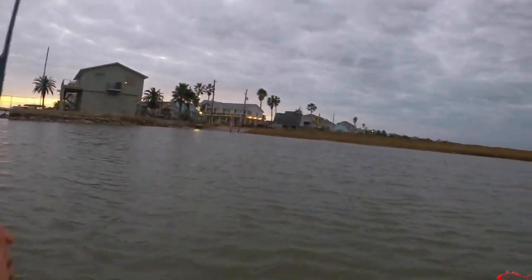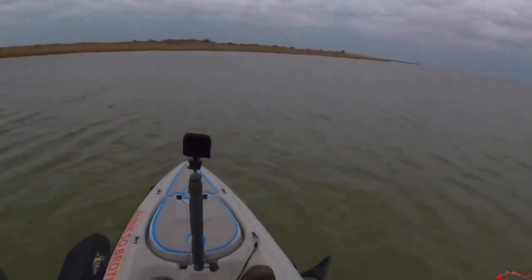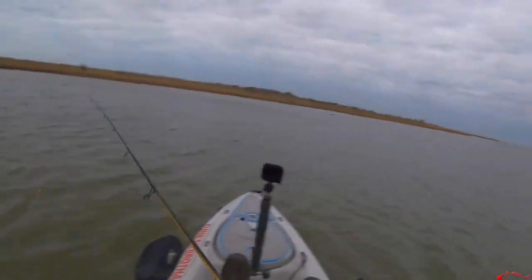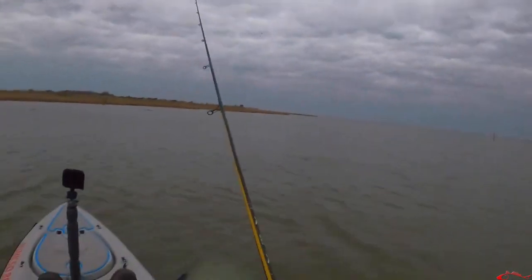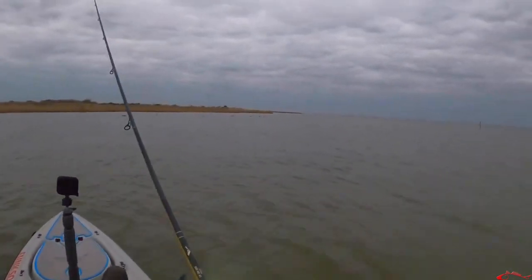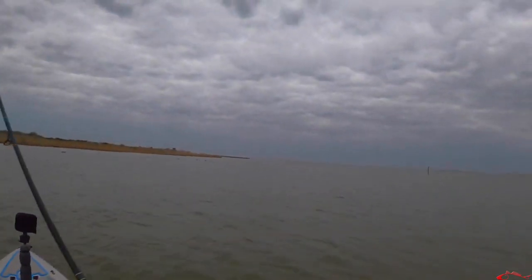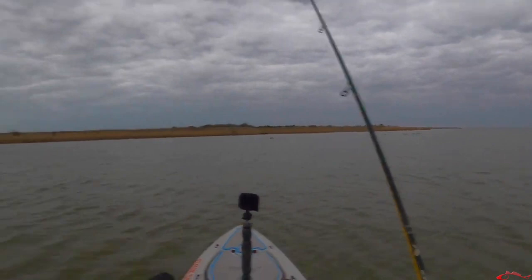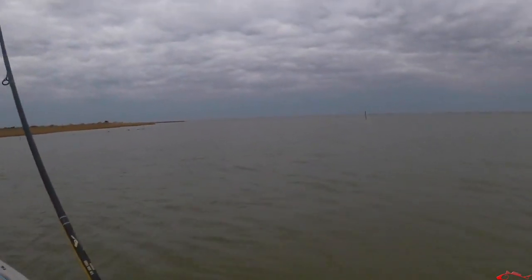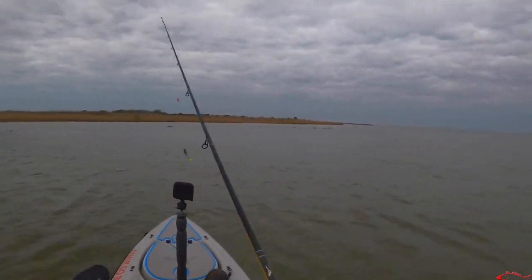Ready to go? I'm ready to go. Starting this morning off with a darker lure because, well, it's dark right now. Water clarity is excellent, I can already tell. So that's what I wanted to see. I haven't fished in this area in a while. I have fished, however, a couple times this week. This last week, went out with Charles and Justin,